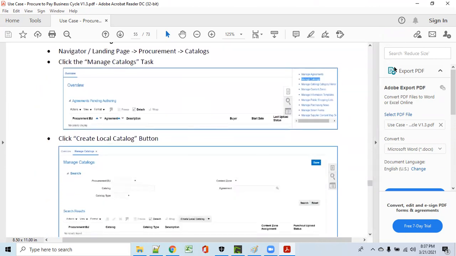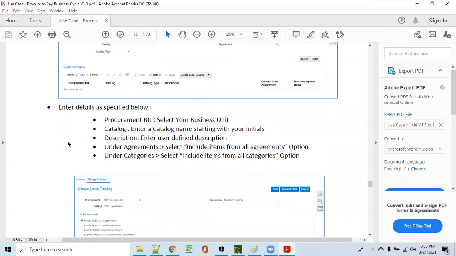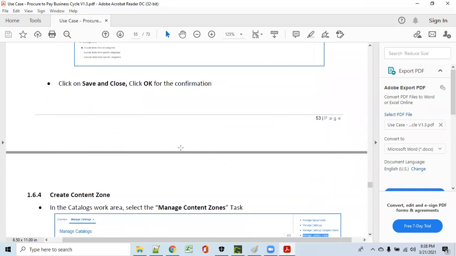And SSP managed catalogs: we have local catalog, information catalog, and punch-out catalog. Local catalog means we define your catalogs internally in Oracle Cloud. While creating the catalog, you can specify which BU it belongs to and which agreements have to be present under it, and all those things.